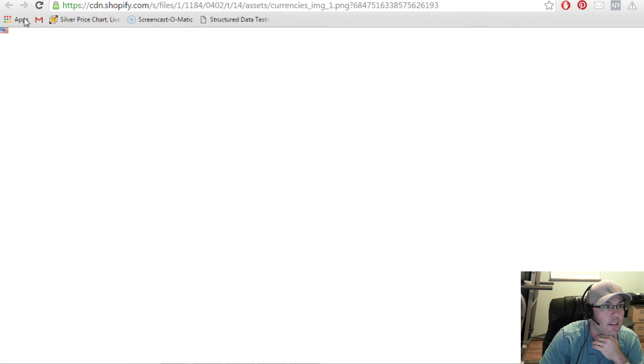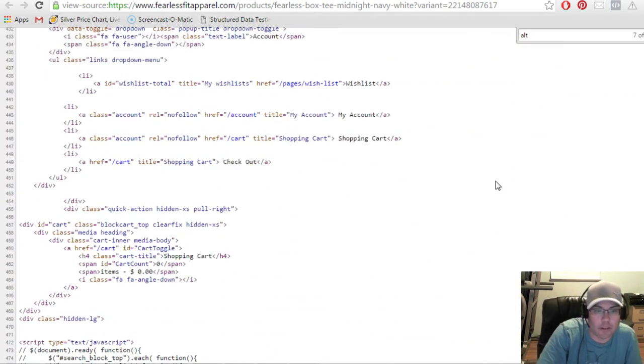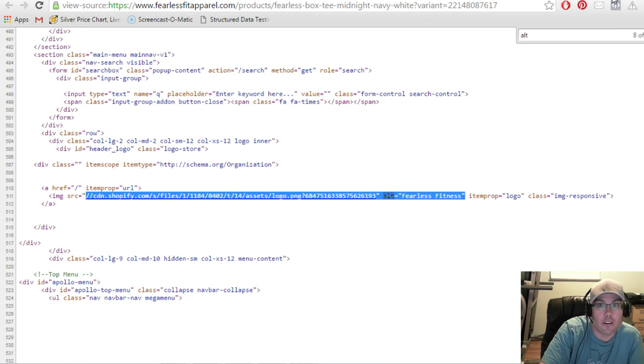Like US dollars has a... I mean... I don't know. I'd normally pull them off. I like keeping the code clean, if you can get it off there. But... Okay, yeah, you do have... Okay, this is an alt tag. What we're going to do...